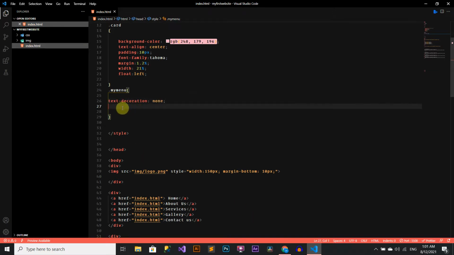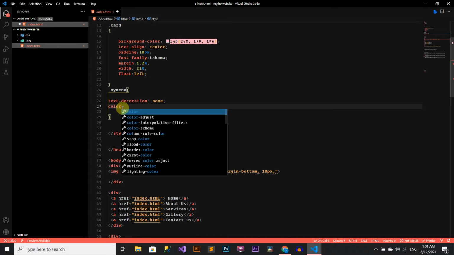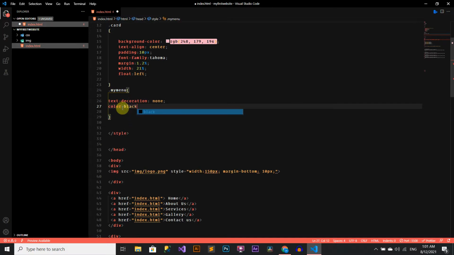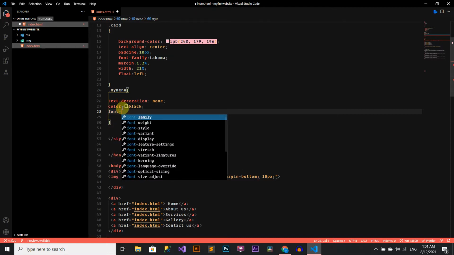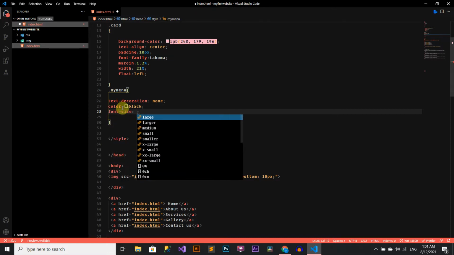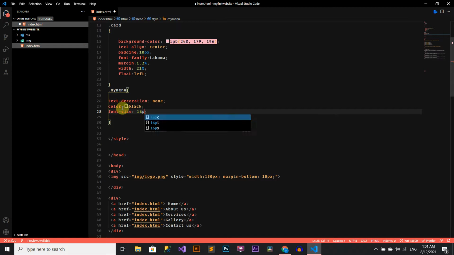And color black. And font-size 16px. And letter-spacing 1px.